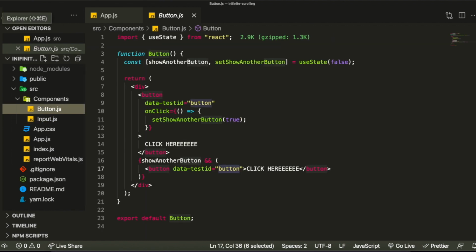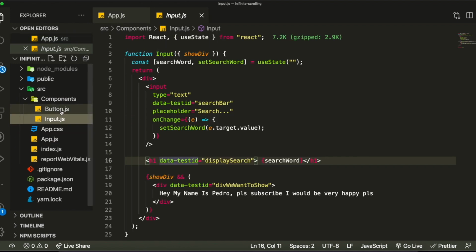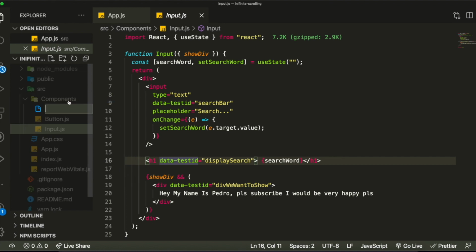So now that we have our components already built, and we already know and understand how they work, how do we test this logic? The first test that I'm actually going to write is for the input.js, not the button. I'll get to the button in a bit. So for the input, we've got to really think about what we want to test and how we can actually test it. To create a test file, you just go to your components folder or wherever you have your actual component, and you create a new file which has the same name as your component, so input, then